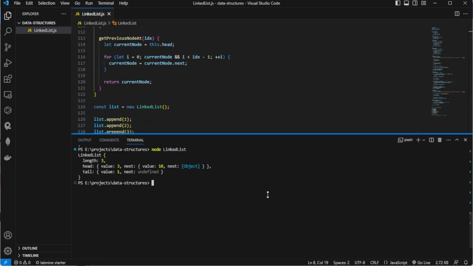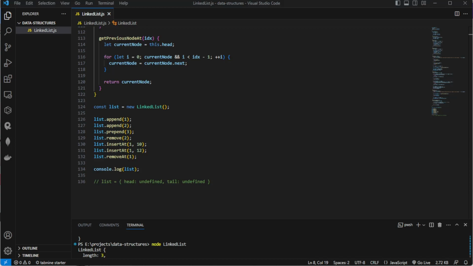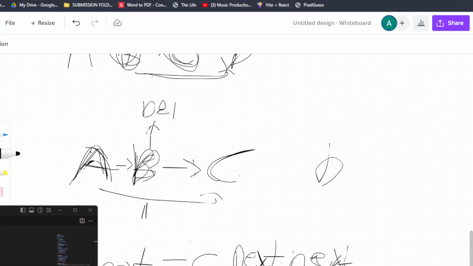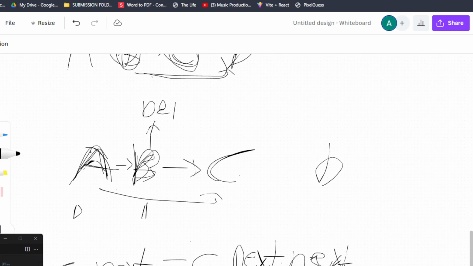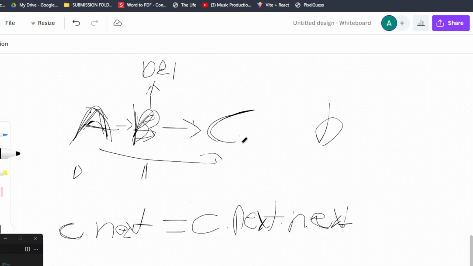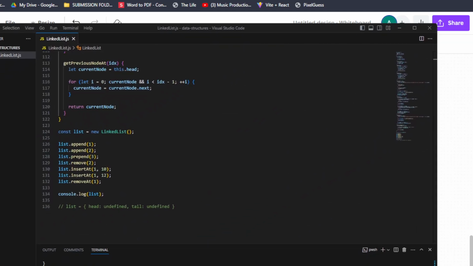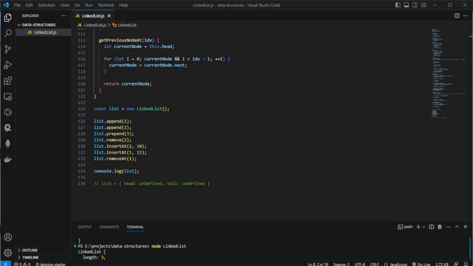Anyway, that's how we can pretty much use objects, or classes, to our advantage, to make a list of data, wherein each data is pointed to a new data, like so, and then we can delete and remove. And I think you need to do some kind of garbage collection as well,